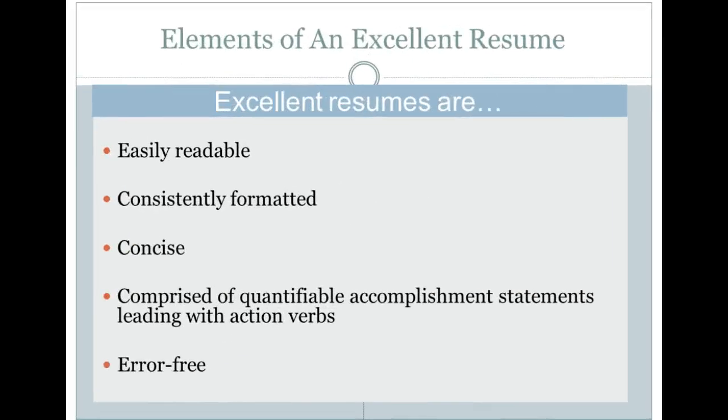So elements of an excellent resume include that it's easily readable. Nowadays, it seems like there's an overwhelming amount of people searching for new jobs. So I know when we posted a teaching position, we had 800 resumes to filter through. So the easier we can read it and find the information we need, the better. We do have a talent acquisition department that filters through a lot of them for us, but I know that they also feel the same way, where the easier it is to read, the better.